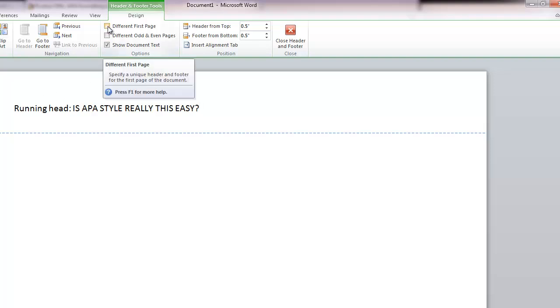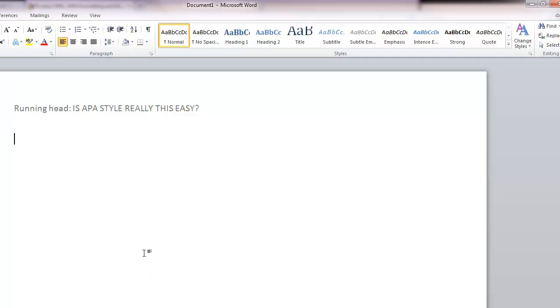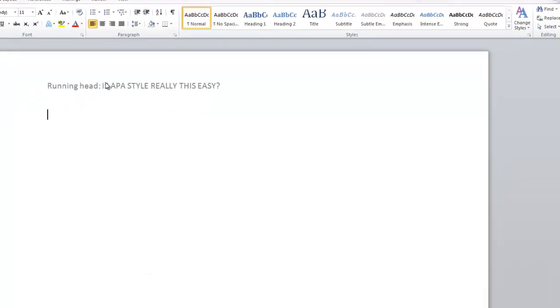You want to make sure that you select the option that says different first page, because if you don't, every other page of your paper is going to say running head and not have a page number. So different first page, and then it erased what I just typed. That's awesome. So type it in again, because Microsoft Word wants you to. Is APA style really this easy? Well, not so much. And then click out of it. Okay, so that's your very first